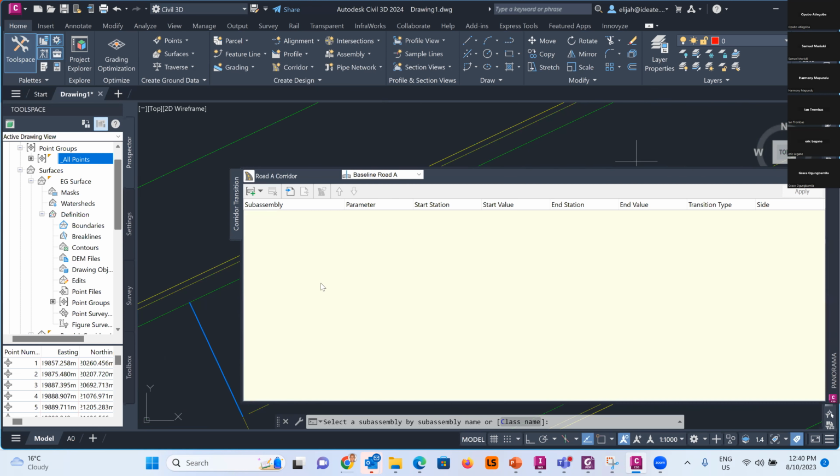So let me just try to minimize this so we can have a better view of most part of the corridor. Let me just put it down here. So then I can zoom out a bit. So you can see when you want to use the corridor transition that has been added,